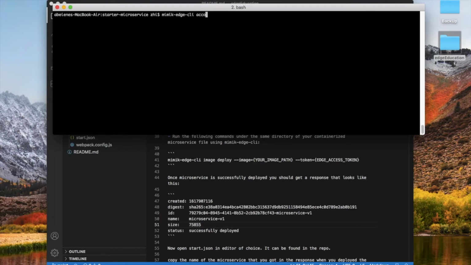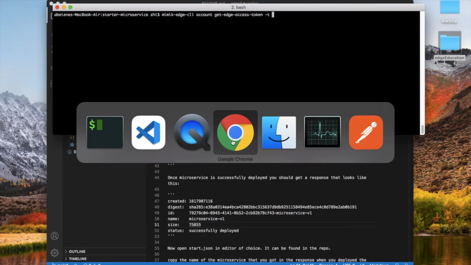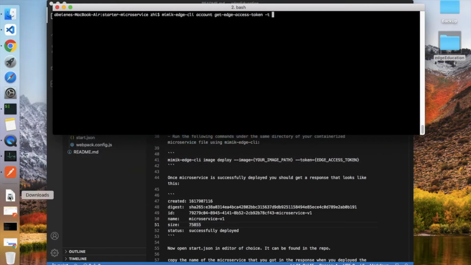mimik-edge-cli account get edge access token -t. If you have your ID token on hand, you can use that, but don't worry if you need to go